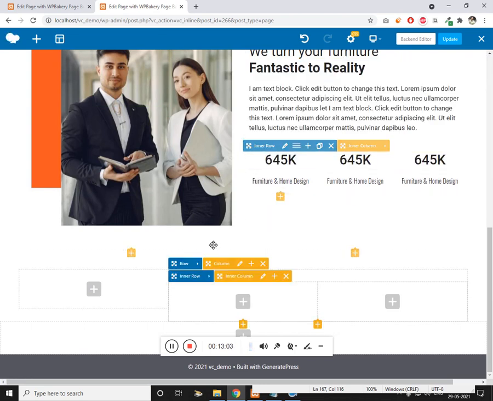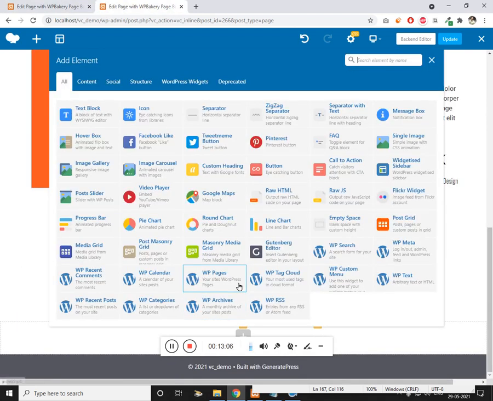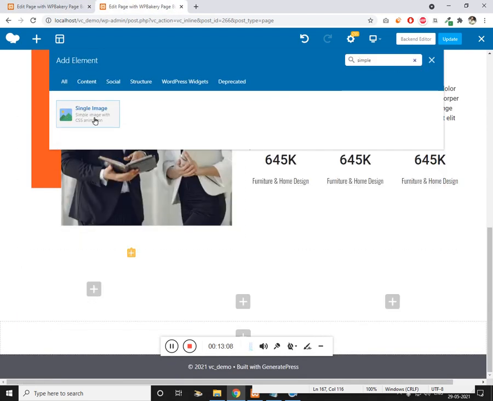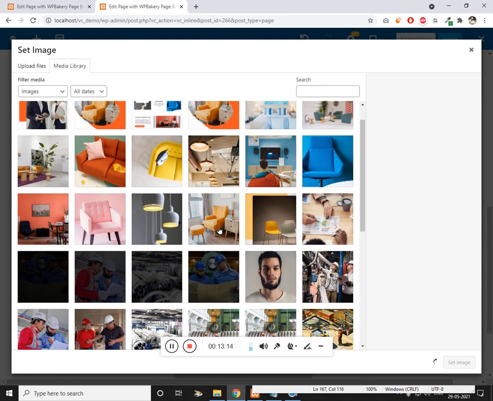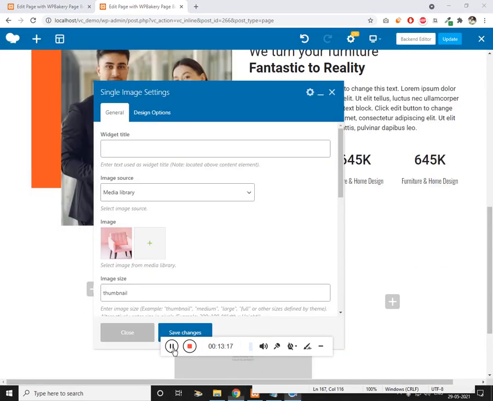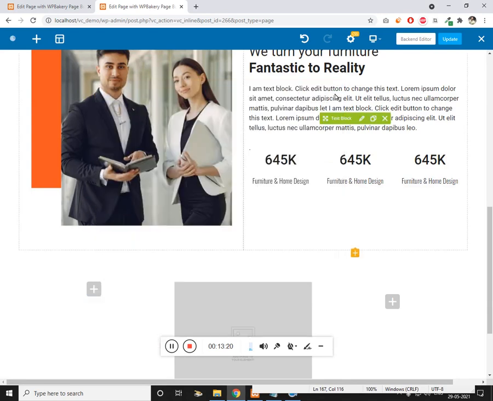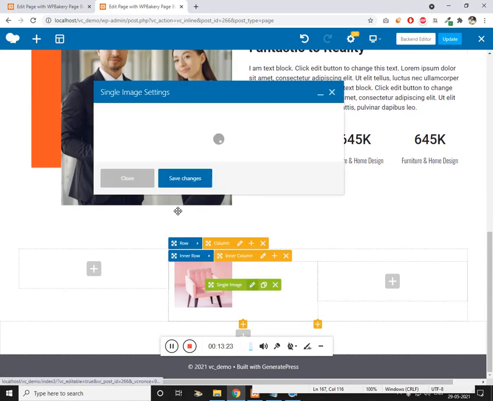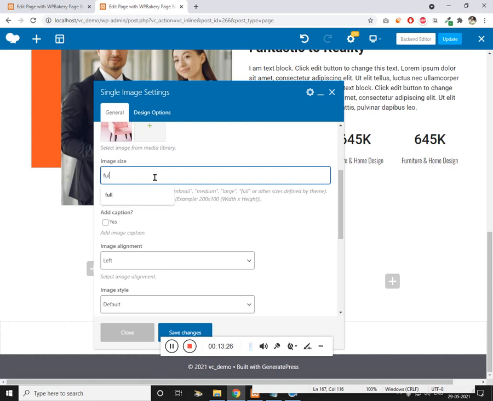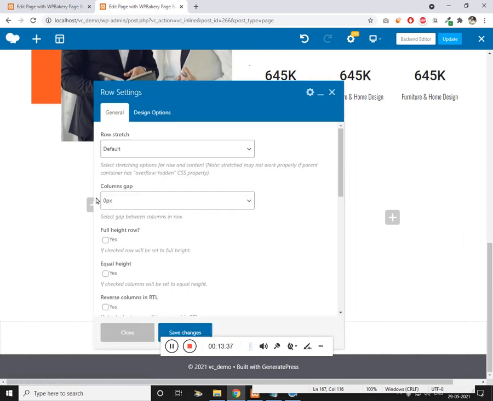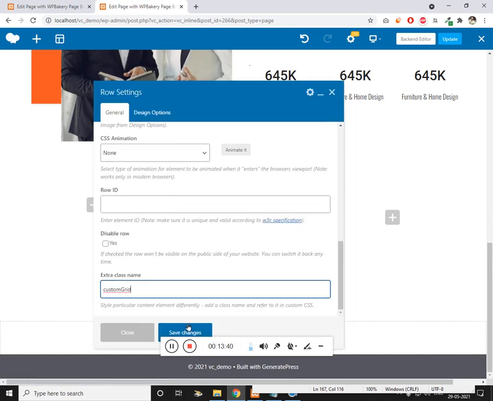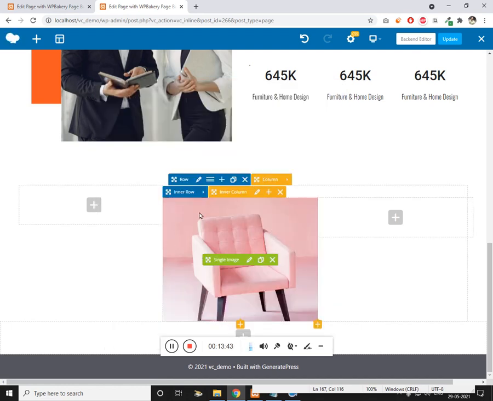and the first one is going to have the simple image, and let the size be full. Once you click on save changes, you should see the image. So actually the size is, we need to make it full. Click on save changes, and now you see there is some gap over here. To get rid of the gap, we need to add a class so that we uniquely target the image, and we are going to remove the padding. So let me show you.